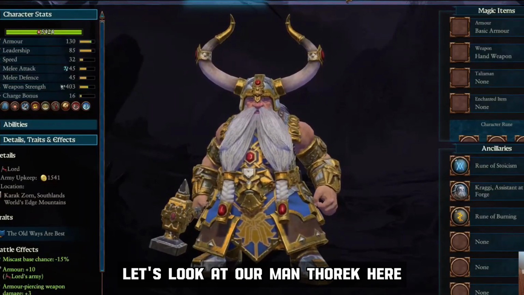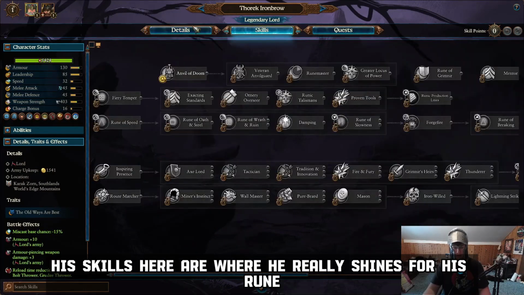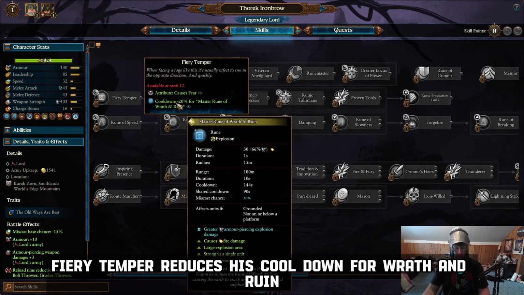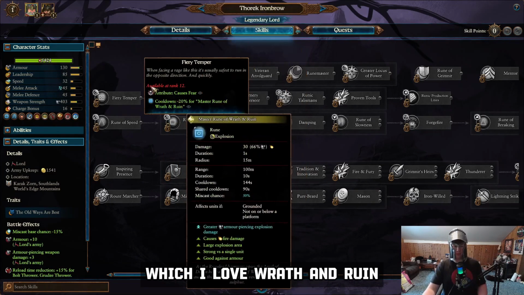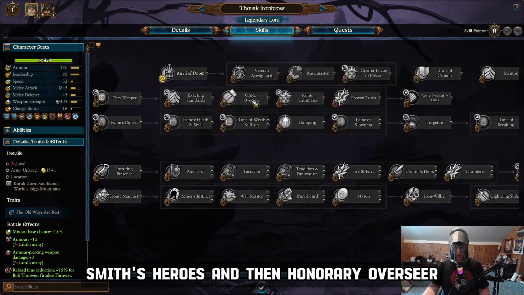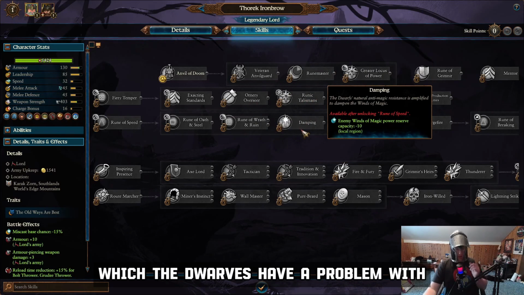Let's look at our man Thorek here. He's pretty buff for a dwarf. He starts with some auxiliaries. His skills here are where he really shines, for his runecrafting ability. Fiery Temper reduces his cooldown for Wrath and Ruin, which I love. Wrath and Ruin is a nice explosion rune to have. Exacting Standards really buffs up his Runesmith heroes. And then Honorary Overseer is really good for construction and building up stuff, which the dwarves have a problem with: